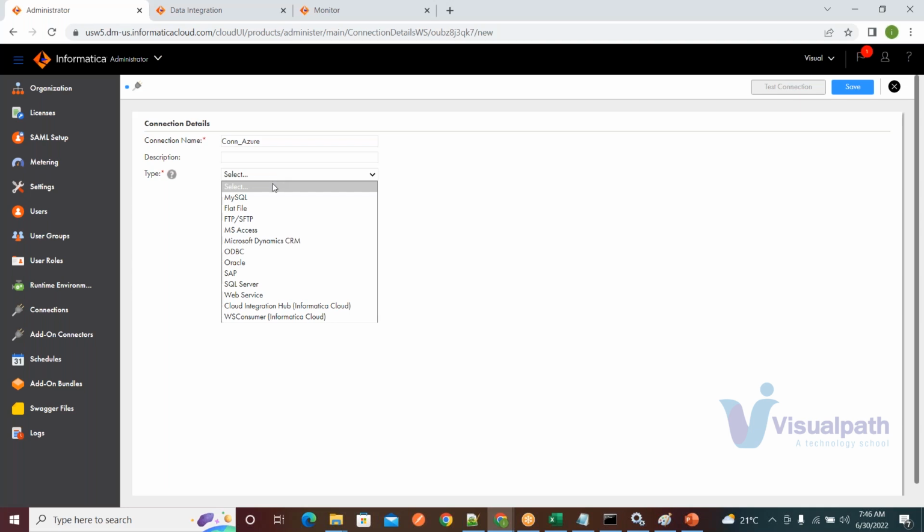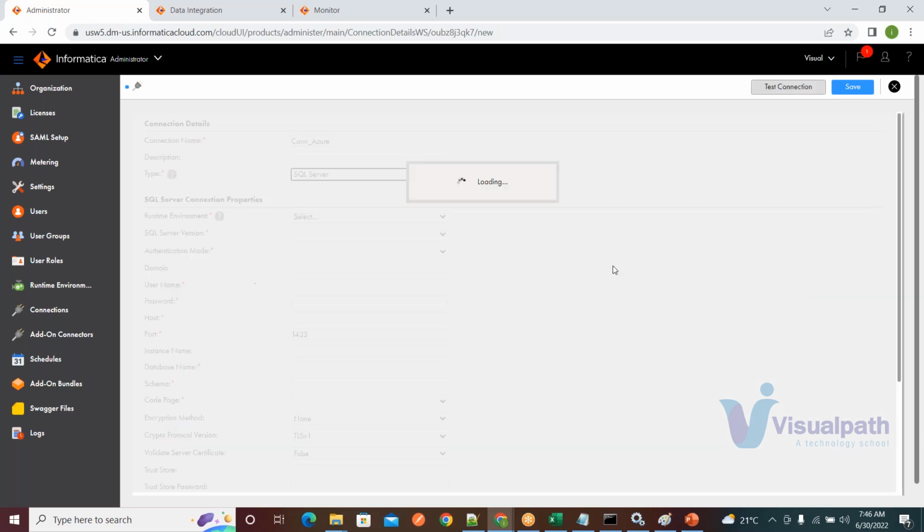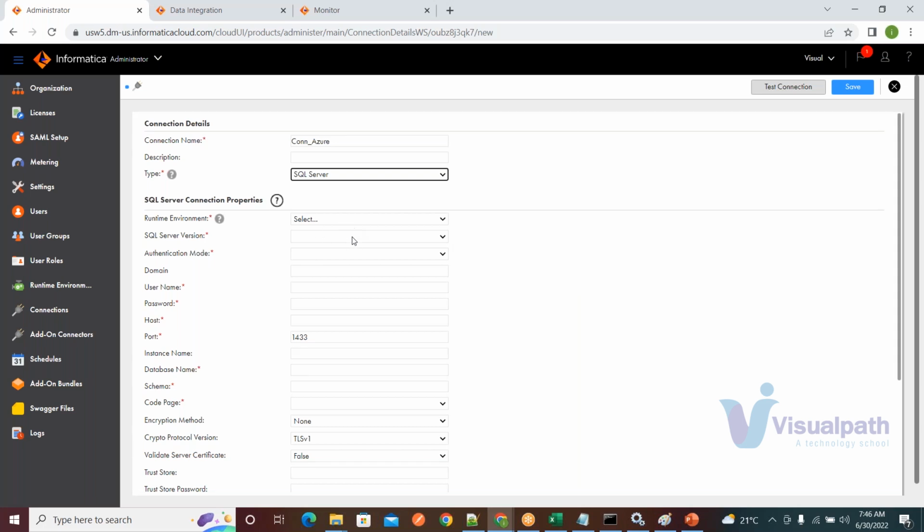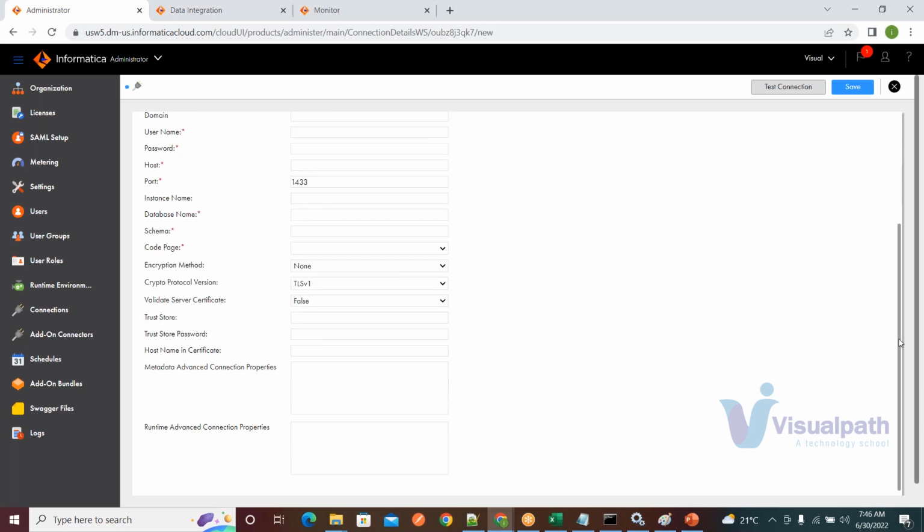Let me talk about SQL Server. I need to provide the SQL Server version, the authentication mode, the username, password, host,